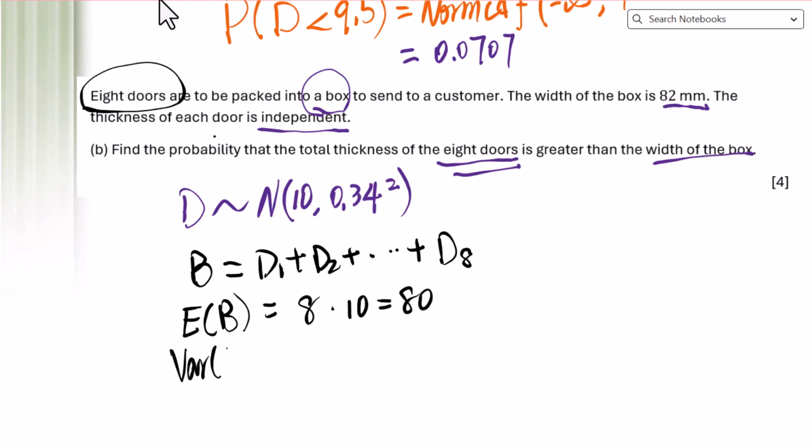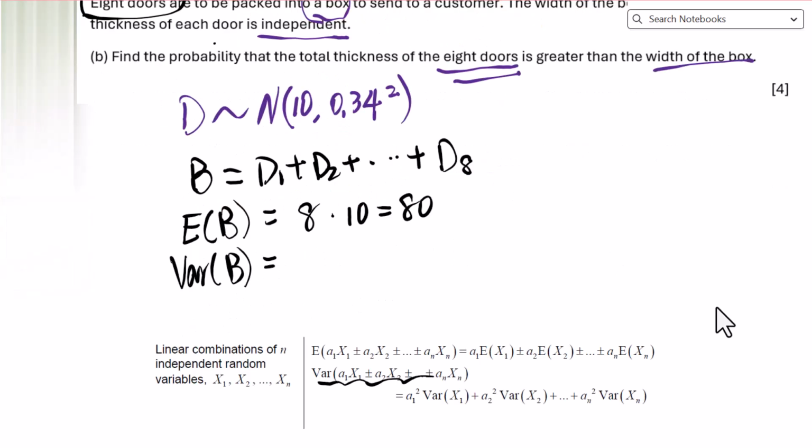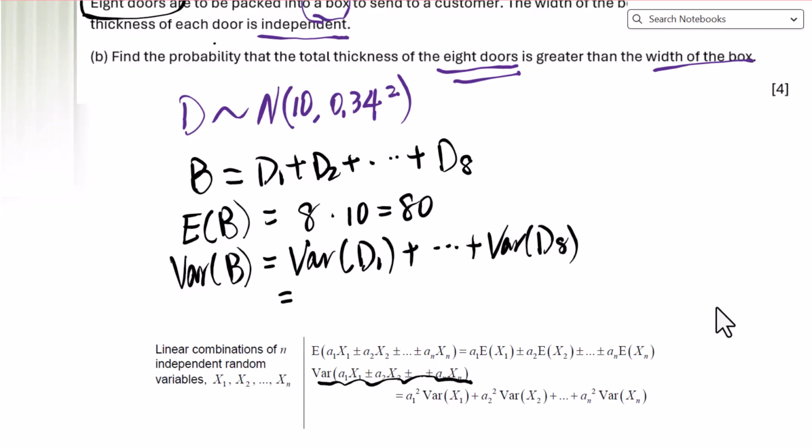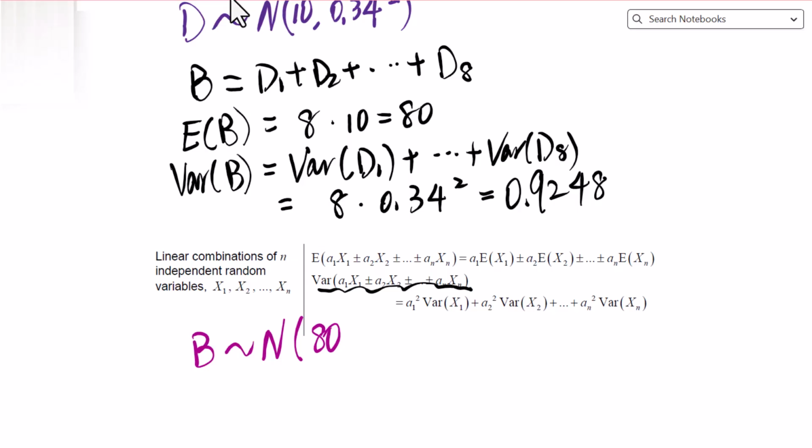Variance of B equals, we will use this formula, variance of D1 plus variance of D8 equals 8 times 0.34 squared equals 0.9248. So B follows normal distribution with a mean of 80,